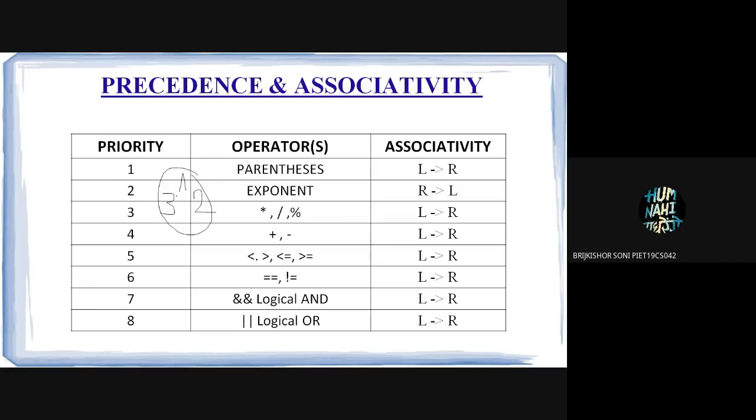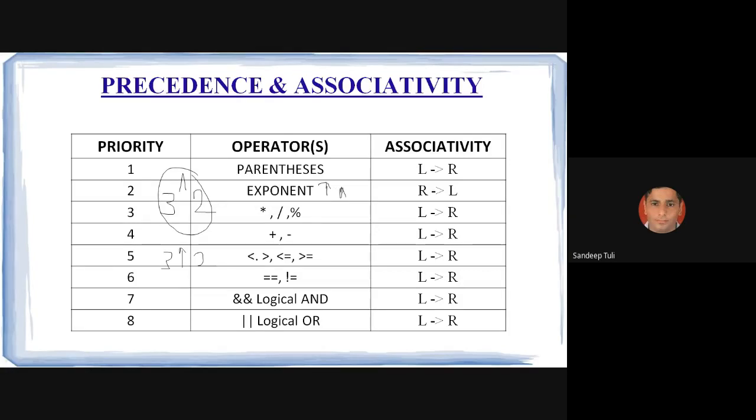In a programming language you would write it as 3 star star 2. Not necessarily, there are two operators. In Python you can say star star, but in C it is either this arrow operator or this cap operator. So it is right associative.